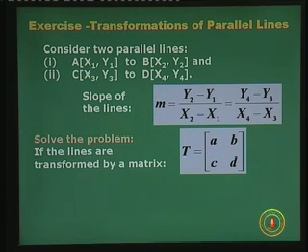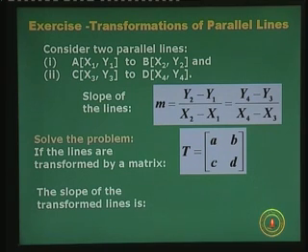So, how do you solve it? What I would request you to do is transform A by T, B by T, C by T, and also D. All four coordinates, that means the two pairs of endpoints, one pair for each line, transform them by T and then compute the new slope. Compute the new slope, that is m prime, from the transformed endpoints, and try to compute the slope of the transformed lines m prime as a function of these elements A, B, C, D and m,